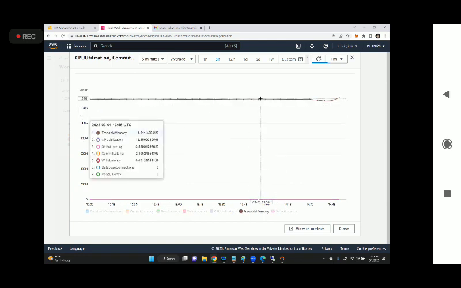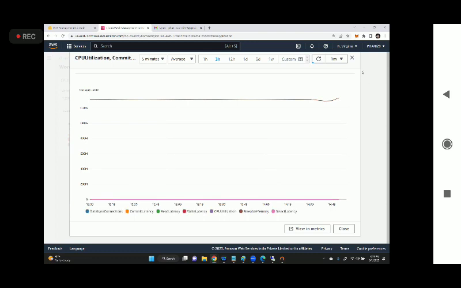If you hover the mouse here at 1356 UTC, free memory is 1.3 GB available. CPU utilization is 12.5%. Select latency is 3.5. I think it might be milliseconds. To do it in a proper way, what I can do is create